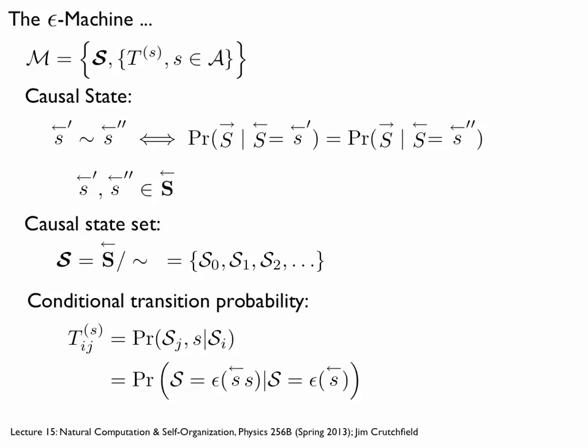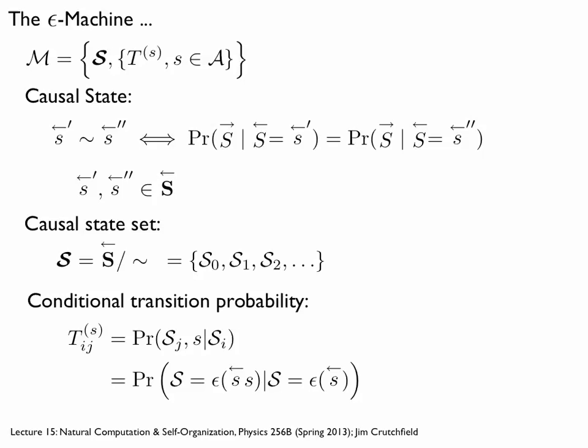Certainly in terms of the consequences, it's a surprisingly powerful idea, and I'll try to convince you of that today. So we have this set of causal states. Maybe algebraically we think of this space of histories, and we mod out by this equivalence relation. We end up with this set of causal states. There's always a unique start state, and then once we have the causal states, we can use the causal state